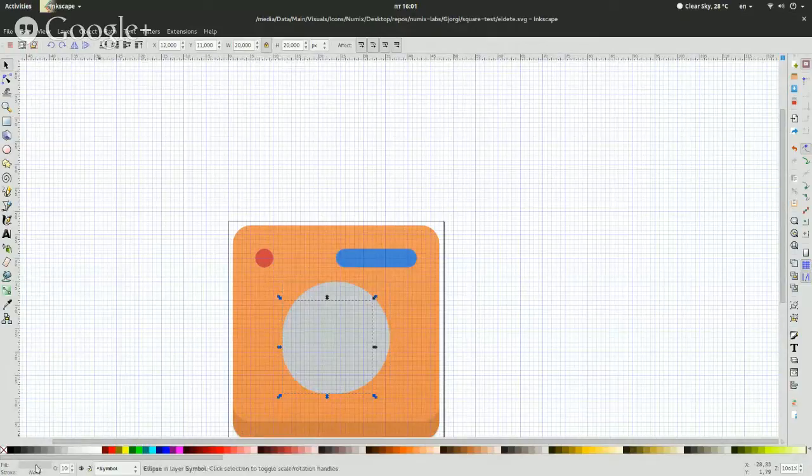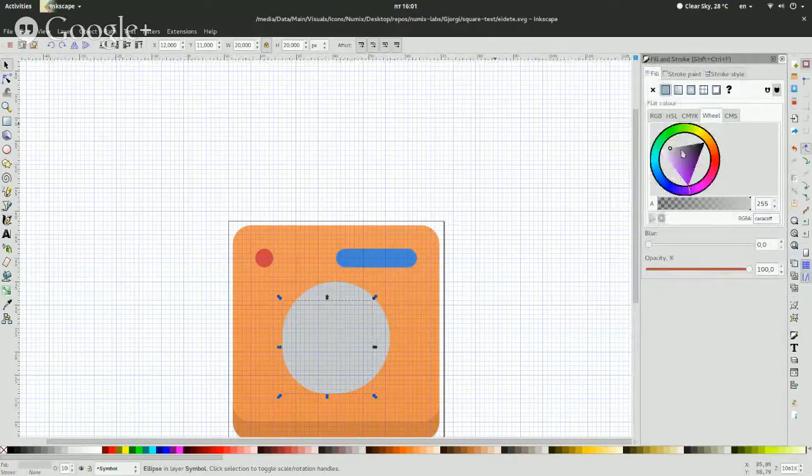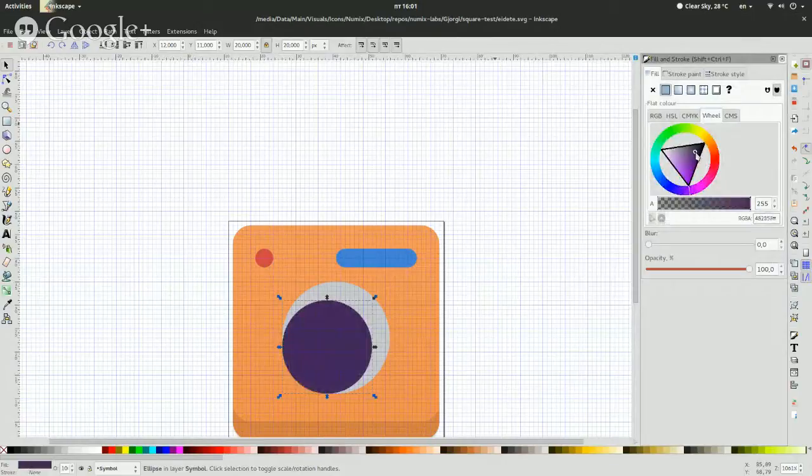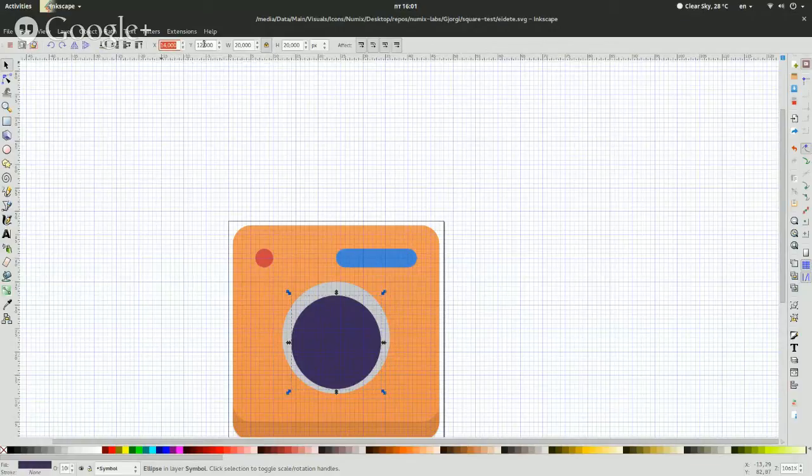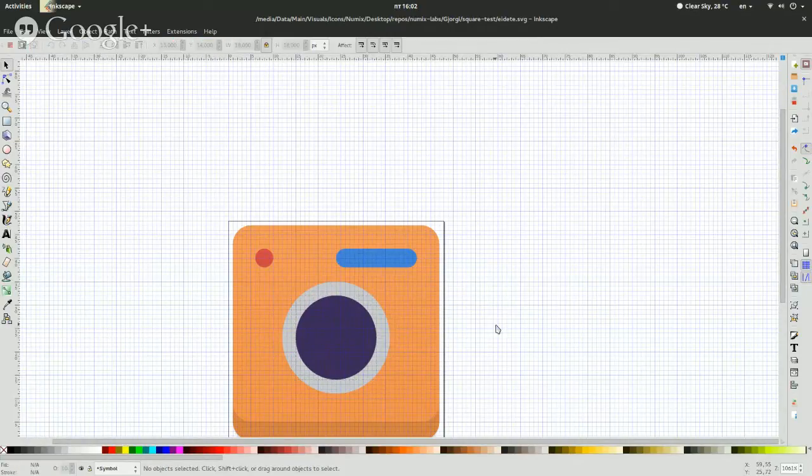20 pixels, color it very dark, almost violet. Oh yeah, that's something like this. The colors are going to be tweaked later. Okay, that's obviously not enough. Now that's a bit too much, so I guess 18 will do the job. Oh, 14, 15. Yep, that's better. Now we're going to create another circle, which is not going to be 16, it's going